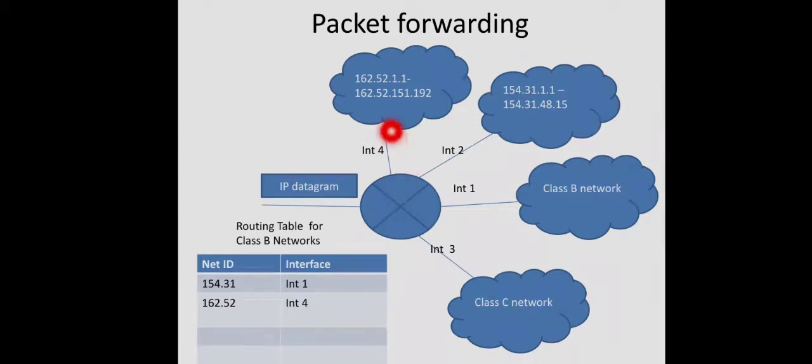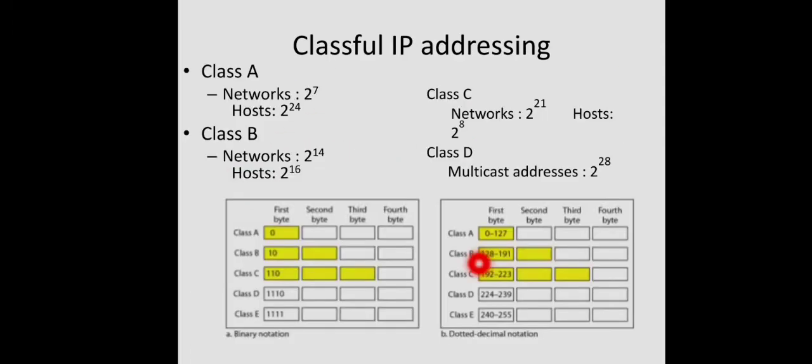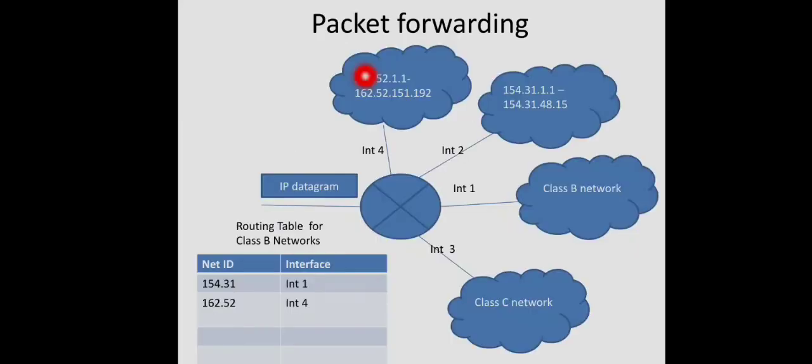So in this figure, you can see that this router is actually connected to 4 different networks. Multiple networks may be there here also. Just for simplicity, we assume that it's connected to 5 different networks. Here another network is there. So by seeing the first byte, we can find out the corresponding class of address, right? If it is within 128 to 191, it belongs to class B address. Here you can see that 162 is the first byte, so it belongs to class B address, and this also belongs to class B address. This is another class B network, and this is a class C network.